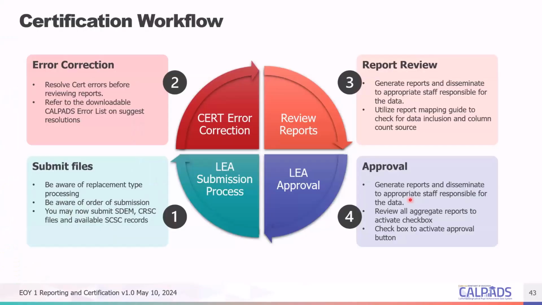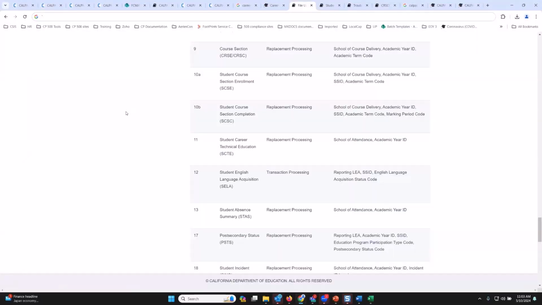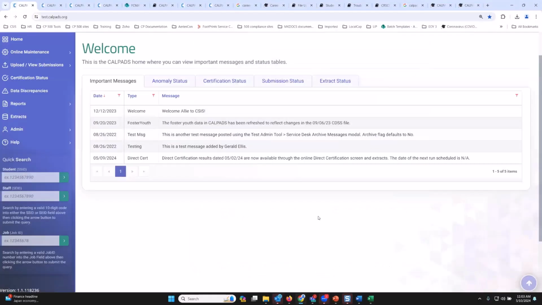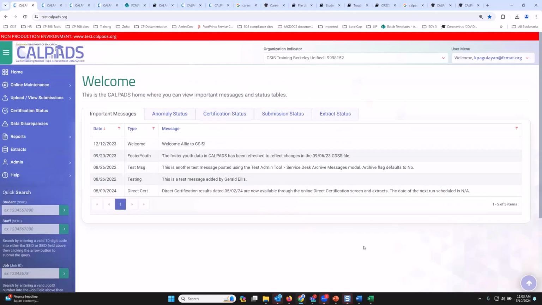So the next slides are essentially just resource materials because normally this part here, my part, is more of a demo process, right? And so that's what I'll be doing right now. I'll be showing you the certification process. So bear with me if our test environment would fail me today. But essentially, I just wanted to demo some errors, how to resolve the errors, and show you the process.